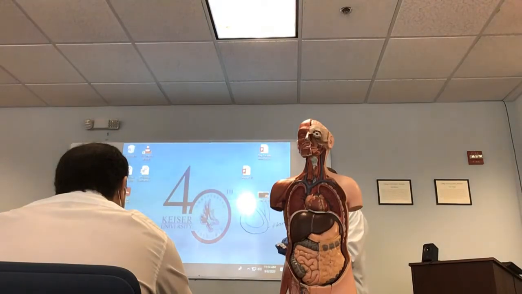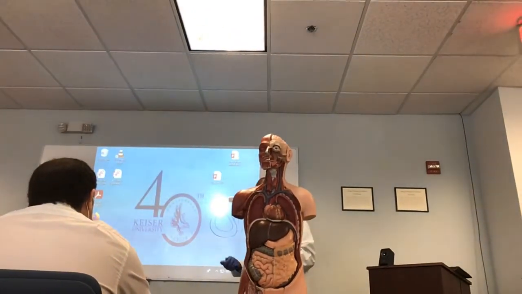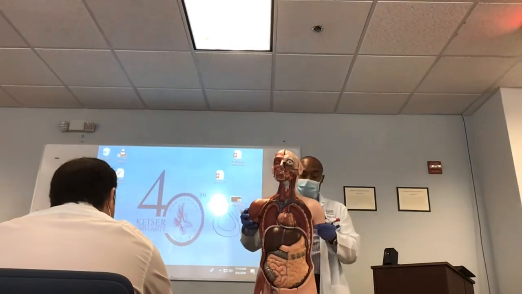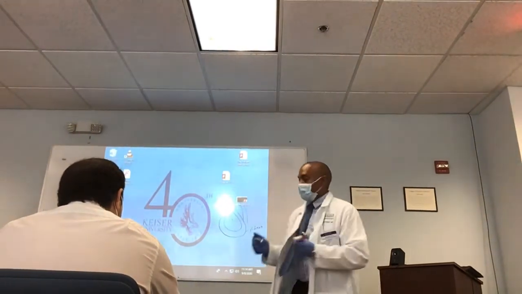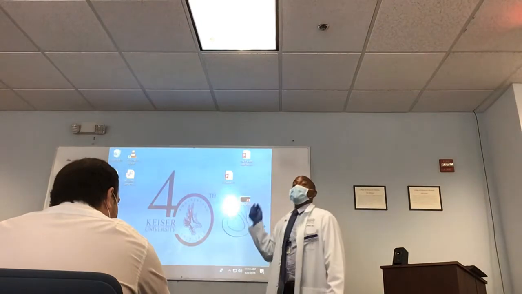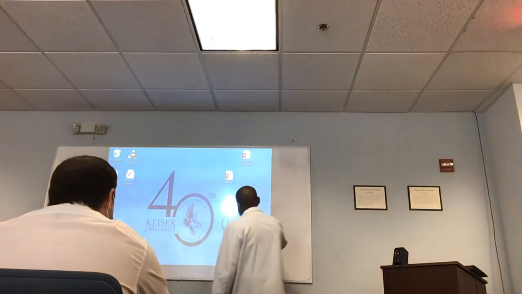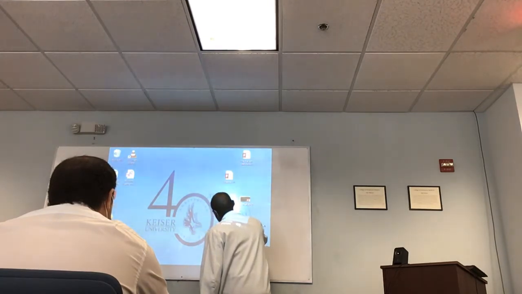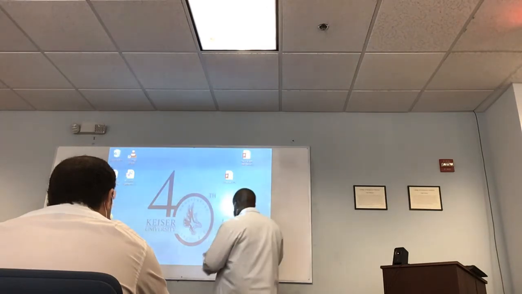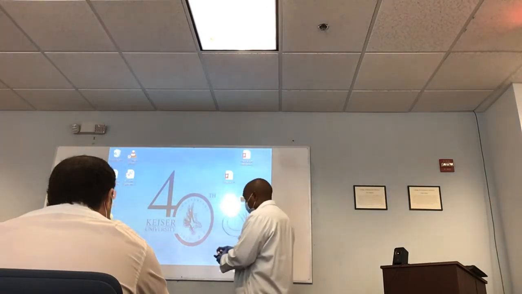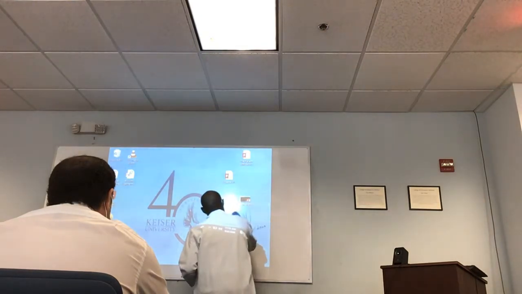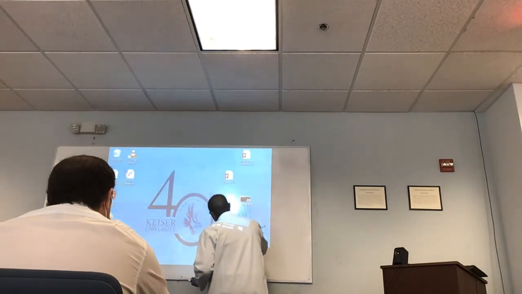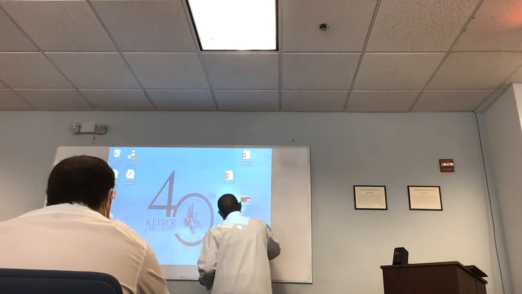And internally, we have the serous pericardium. This is the fibrous, and this is the serous. So in blue, let's see what it is. We have the serous pericardium covering the external surface of the plasma. See, red. This is the serous membrane of the pericardium covering the inner surface of the fibrous pericardium